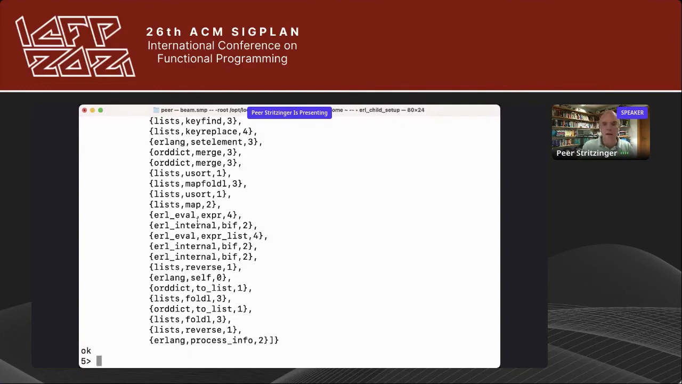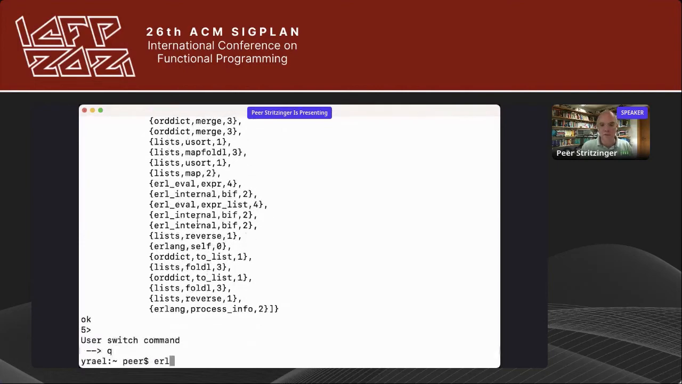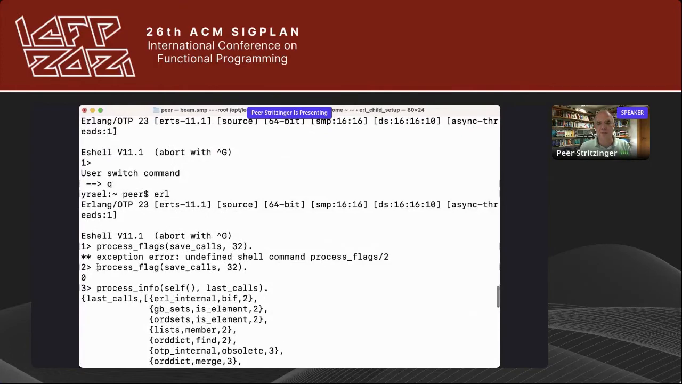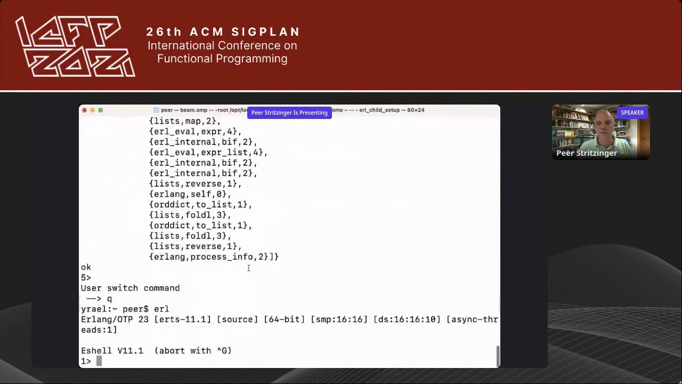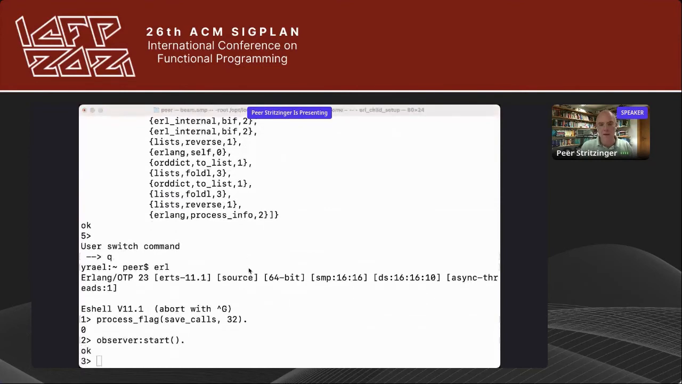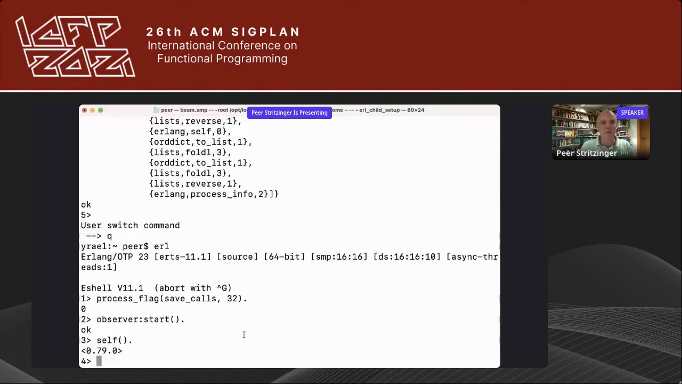So one more thing to show you, if you have time for that. So we do process flag again, and then we do observer start. And I also ask it for self here to actually know which PID we're looking at. And now I need to show you yet another window, namely the observer window. I don't want to share my whole screen because it's too large, then nobody can read anything. So basically observer